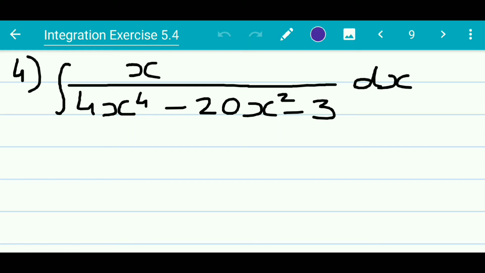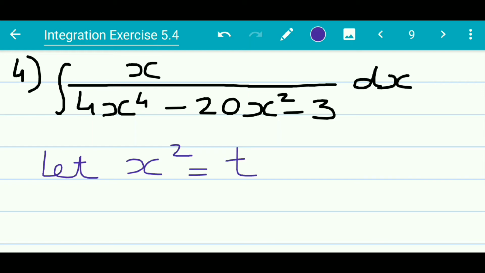The only way that it can be done is by the substitution method. If you remember from the previous two lectures, we have been doing substitution. So that is what we are going to try over here as well. How to do the substitution method? Look at it carefully. We write over here, let x square is equal to t.